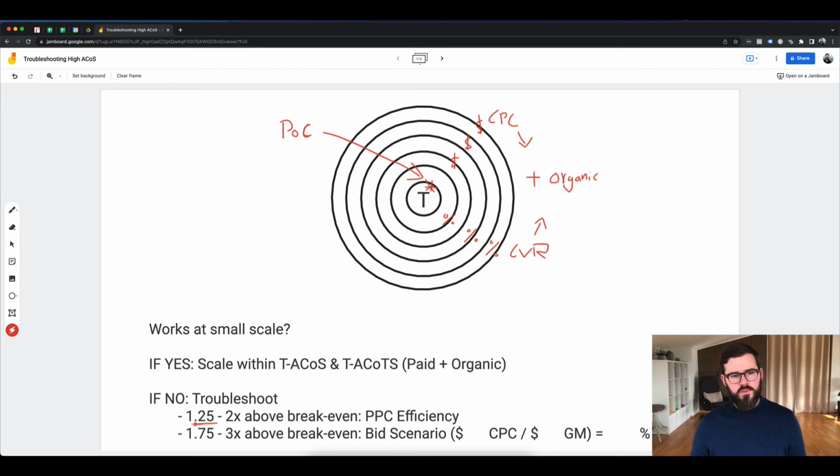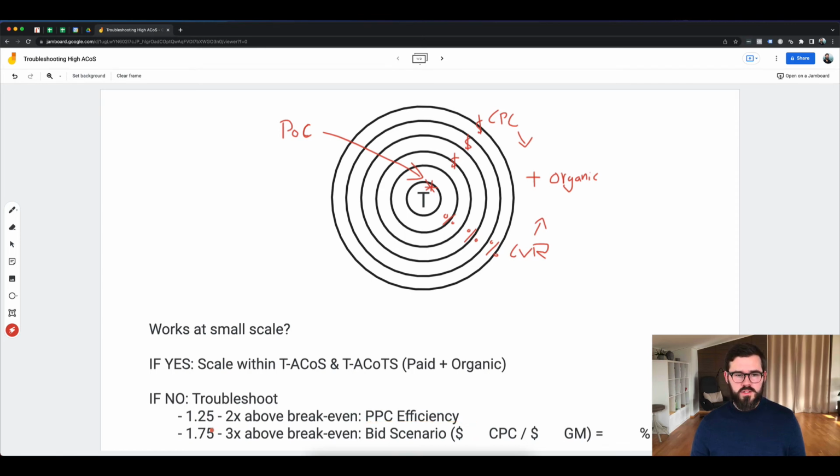The less far away the ACoS is from break even, obviously the clearer it is that the main thing to work on is troubleshooting PPC efficiency. Now, if your ACoS is like 1.75, because obviously there can be a little bit of both going on here, right? But if your ACoS is 1.75 to 3 times or more above the break even,